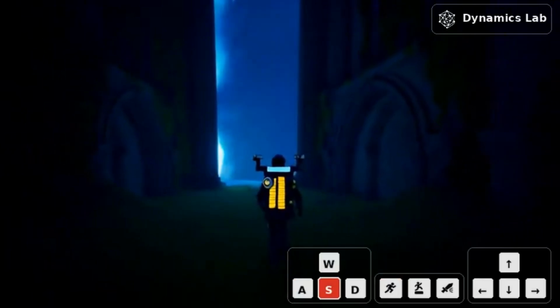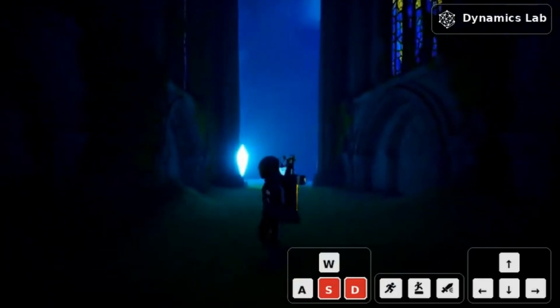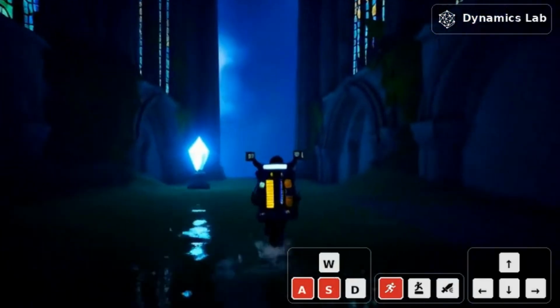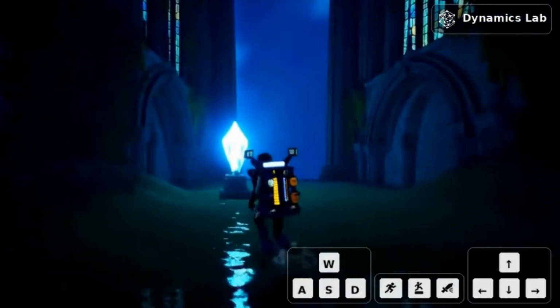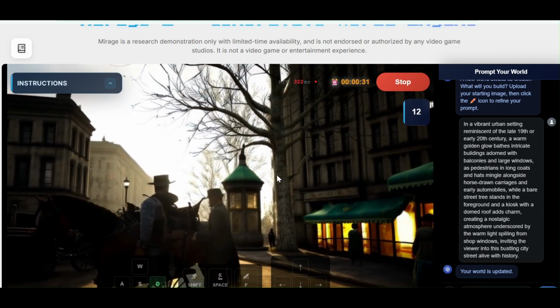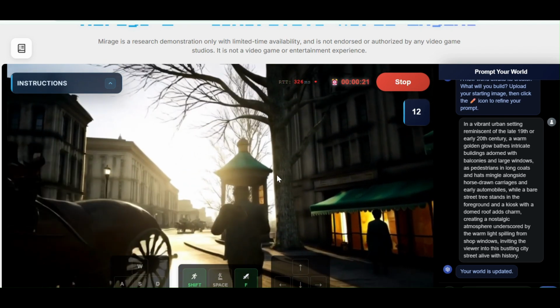Then it started generating things on the spot, and when I wanted to go check them out, it wouldn't go in the direction I told it to. While I was doing that, game over. It kicks you after 45 seconds because it probably cost them a fortune every second this runs. Then there was a Red Dead-style game again. I tried using the weapon, but instead it decided to make the character run around it. It doesn't always listen to your controls.